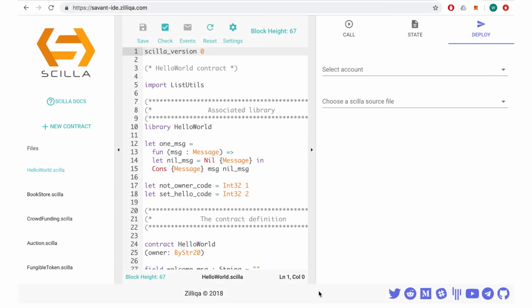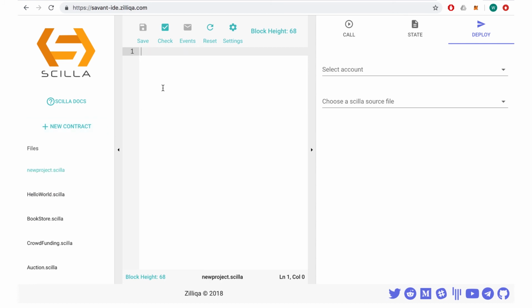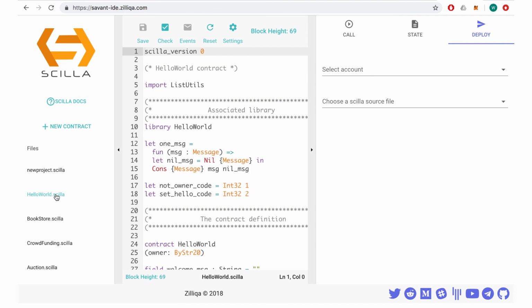So the steps for developing a new smart contract typically go like this. Firstly, you can create a new Scilla file by using +new contract and naming your project. You can then code in Scilla, referencing a comprehensive range of documentation or sample contracts on the left-hand side tab.